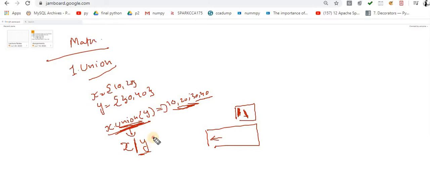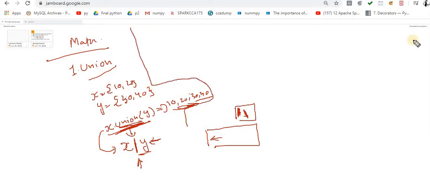So this is the pipe sign for the union. The choice is yours. If you perform these two operations, the output is exactly the same, with no difference. Whatever you feel comfortable with, if you are comfortable writing union, go with union, and if you are comfortable with the pipe sign, go with the pipe sign. This one is the union.